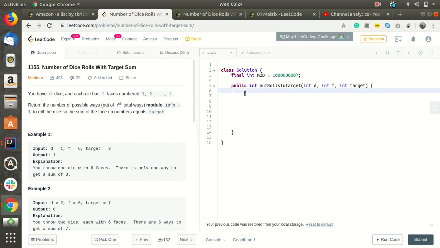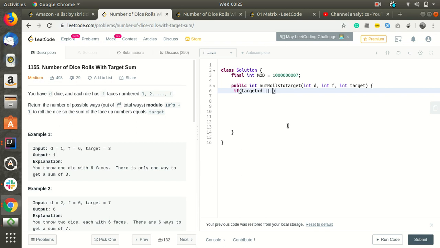So what will be the base condition? If target is less than dice, so in this case if two dice are there and our target is 1, each dice will have a face from 1 to F, so it will not be achievable by any way.